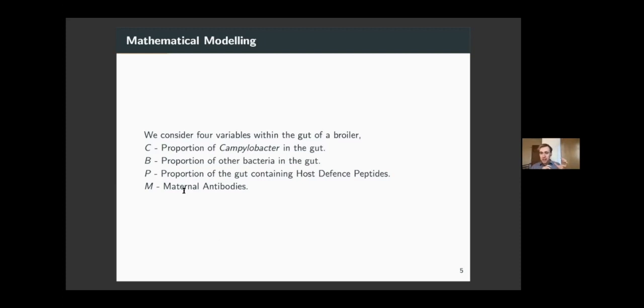But initially, in early life, this really is strong at fighting off Campylobacter. So once you decide, okay, these are the things that I've seen in the literature, these 4 variables that we have information on and that I want to try and simulate, then it's about using the literature to work out how all of these 4 parameters or variables even interact. What are the rules that govern how they work with each other, right?